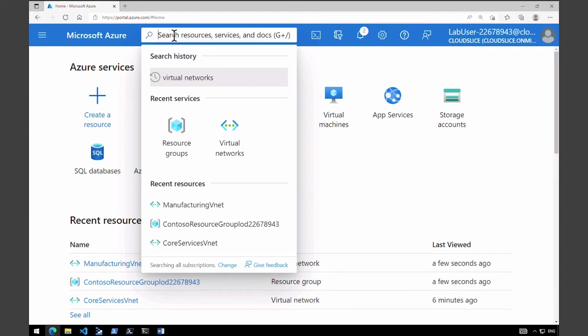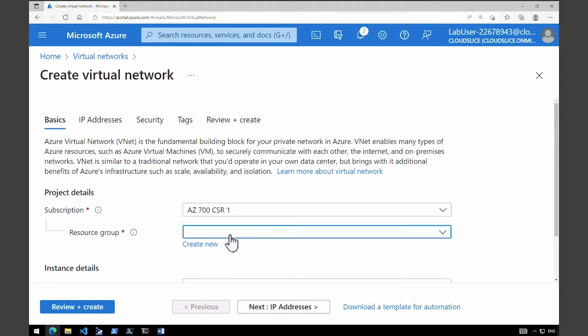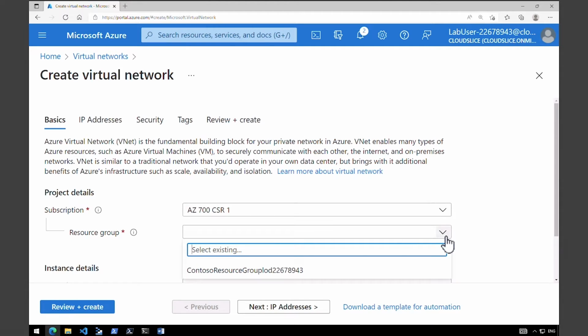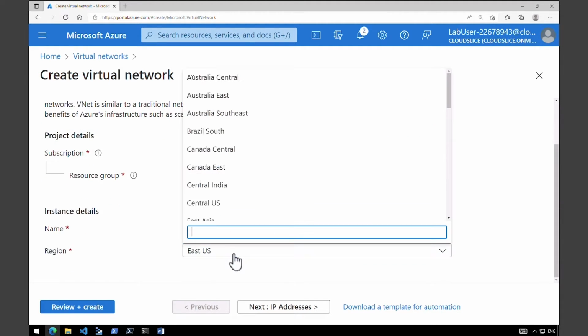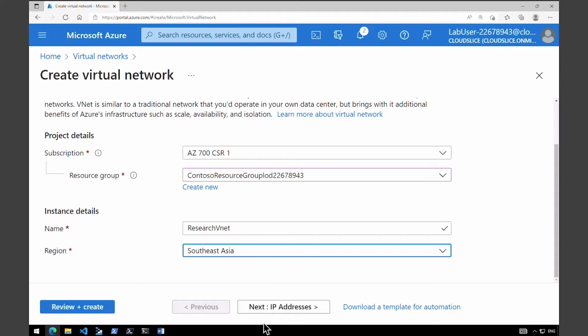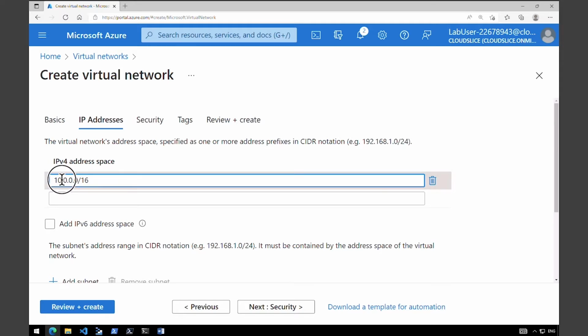Now I'm gonna go back to home, and this time search for virtual network. Click on create a virtual network. I'm gonna select an existing resource group we've been using, and under name, we're gonna give research VNet. That's our third VNet we are gonna create. Under region, this time we have to place it in Southeast Asia. So select Southeast Asia as the region. Go to IP addresses. The range this time is 10.40. So type in